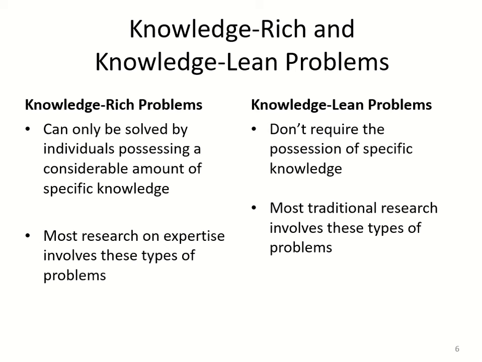You have ways of trying to get it unstuck, and these ways don't necessarily require a ton of knowledge. So, that would be an example of a more knowledge lean problem. And there's a lot of traditional research that actually looks at how people approach those more knowledge lean problems. This is a